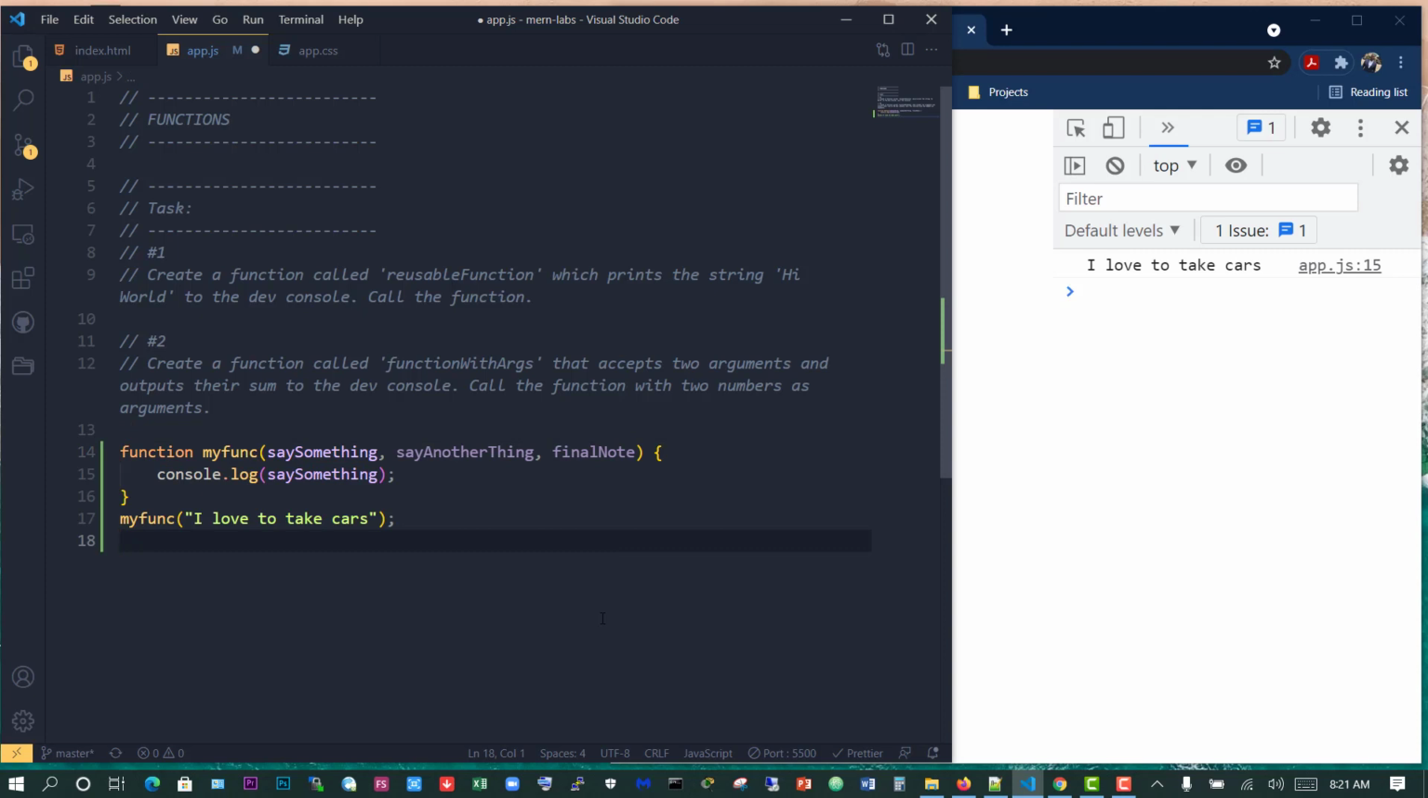And now we have three arguments that have been included in the function. So if I save this, it's still going to say I love to take cars. But if I add a second argument when calling it, which is going to represent another thing, I'm going to say, and I love people,